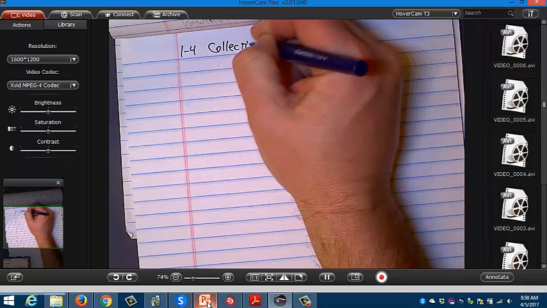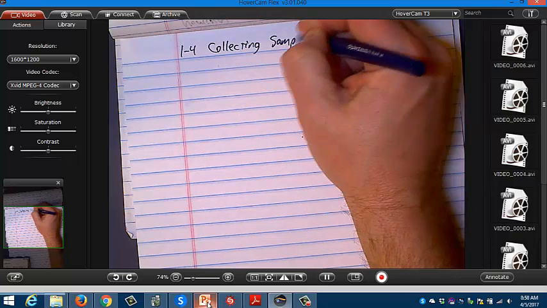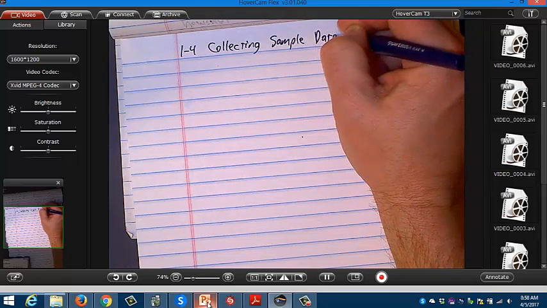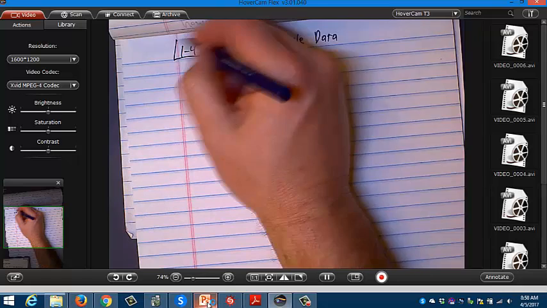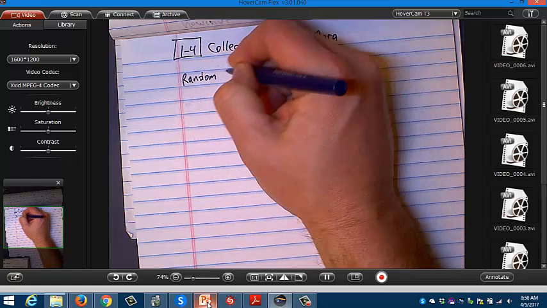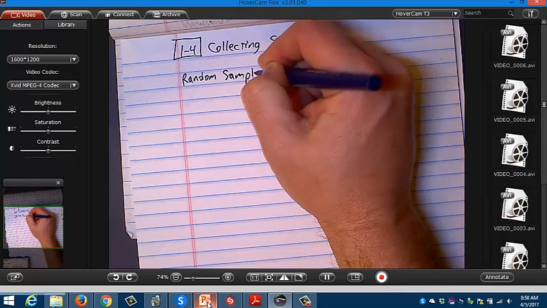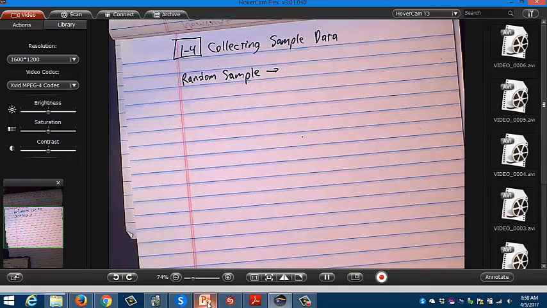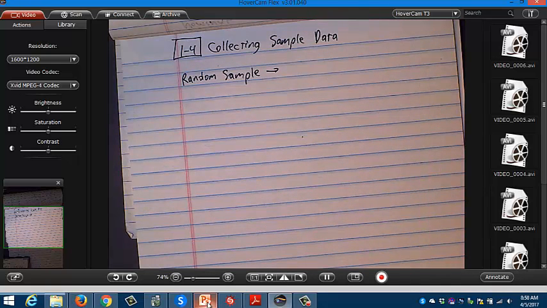Collecting sample data. And so the first definition I want to give you is what's called a random sample. A random sample. You guys will see quite often in the book, we are going to say, suppose we are able to generate a random sample. A random sample